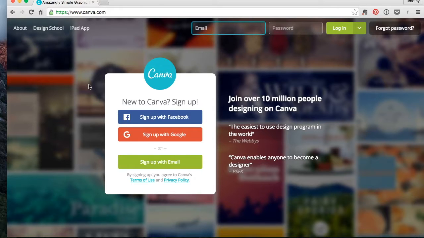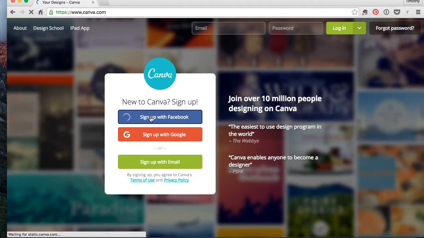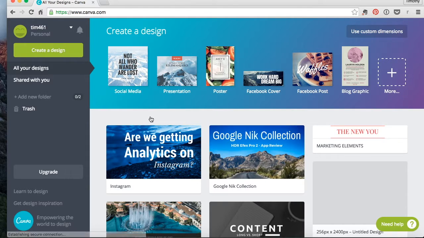So once you get to Canva, you can sign up for an account with an email, Google, or Facebook. I have mine tied to Facebook, so it's going to sign me in. It takes very few seconds. When you get to the main page of Canva, you're going to see down below the current designs you have, or at the very top, if you don't have any, it'll be blank and it'll say create a